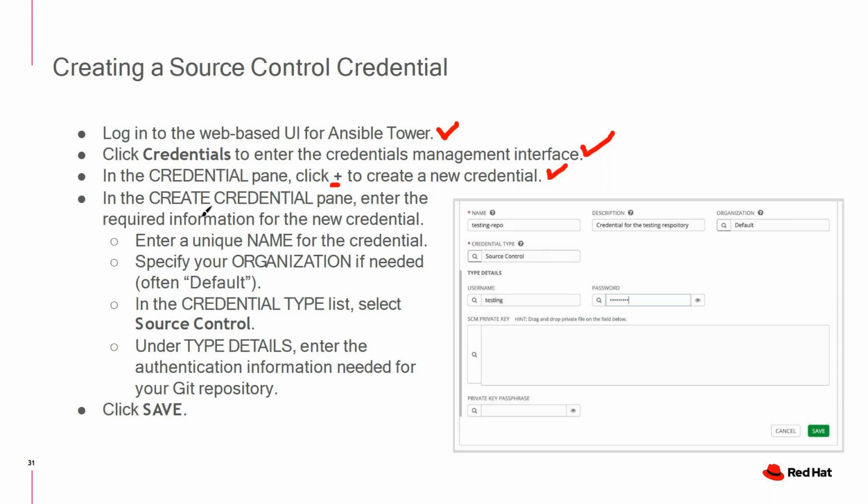In the create credentials pane, enter the required information for the new credential. Enter a unique name for the credential. Specify your organization if needed, or use default. In the credential type list, select Source Control, and under type details, enter the authentication information needed for your Git